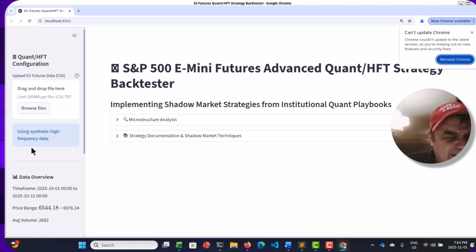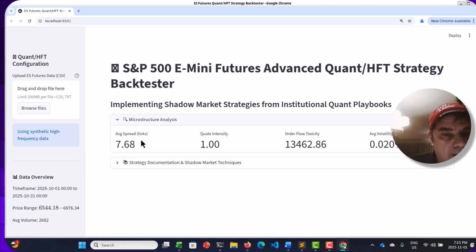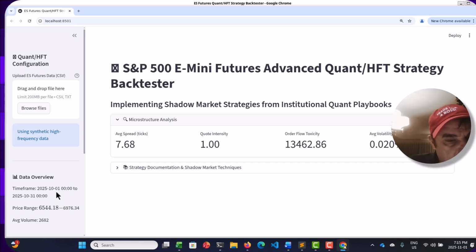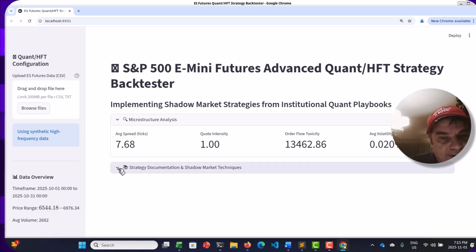So this is where you get to see the real high frequency trading data statistics, because out of everything that's traded out there in the futures market, ES is the number one. Okay, and E-mini as well. Okay, so let's use the synthetic data. So here we're simulating a time frame from October 21st of October till now, which is now November 1st, so the last 30 days.